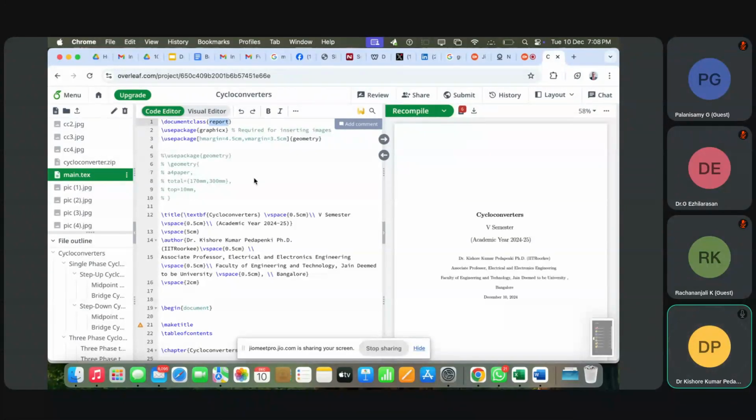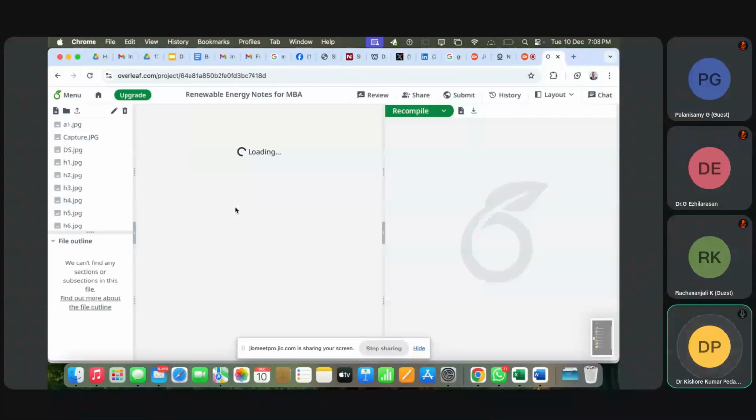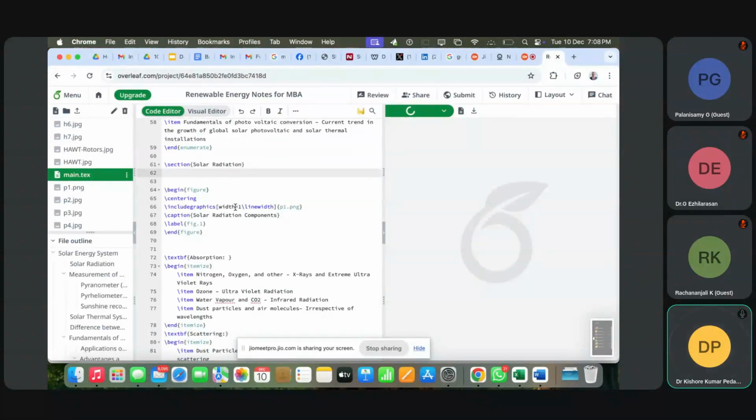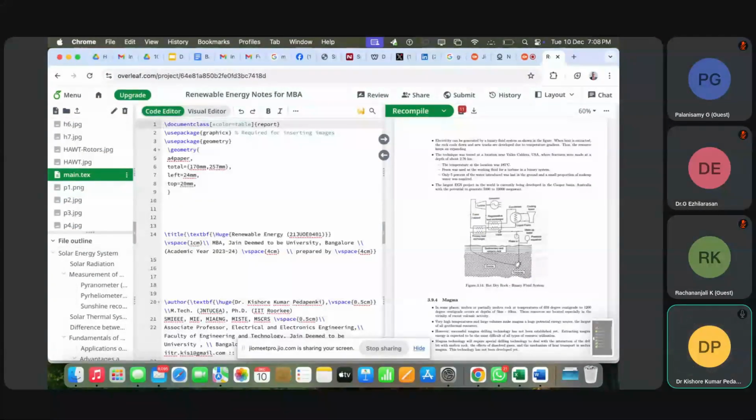I will show you what I feel is the best out of this LaTeX. This is one of the report class. As this is the report class, I would like to show you another best example out of this, because I have done something, I feel that it's like a textbook kind of thing. So what I have done here, I will show you. This is the report class, so you need not worry about anything. I will just let you know one by one. So this is a report class. That means I'm preparing it as a report.